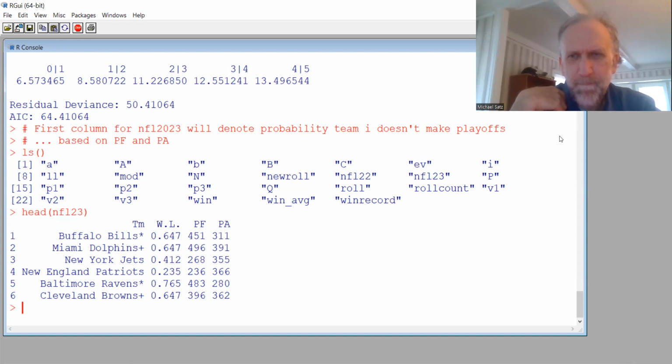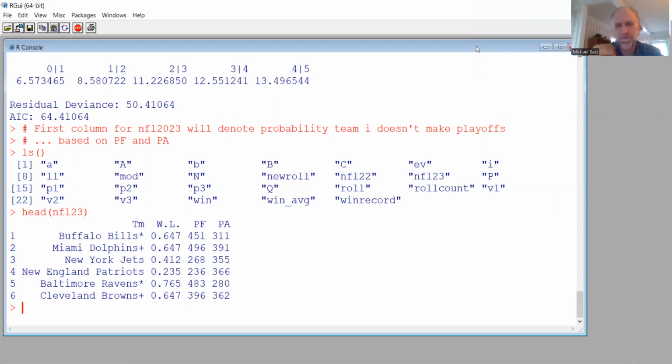In our imagination, because to do this experiment, where do we imagine we are? We're predicting. So we're imagining the regular season has concluded in the 2023 season, but the playoffs haven't started yet.